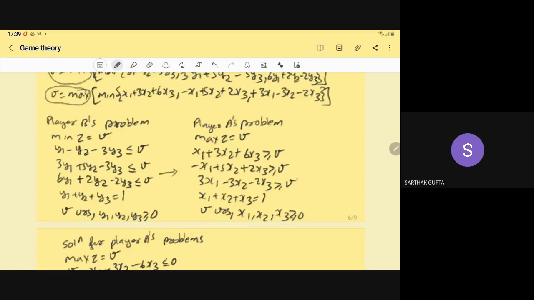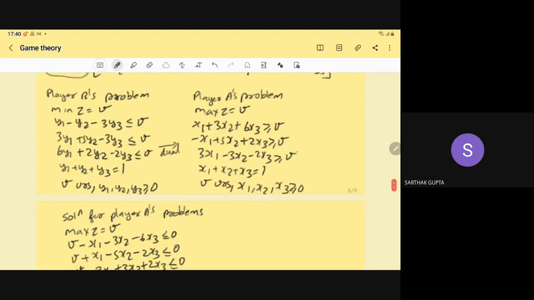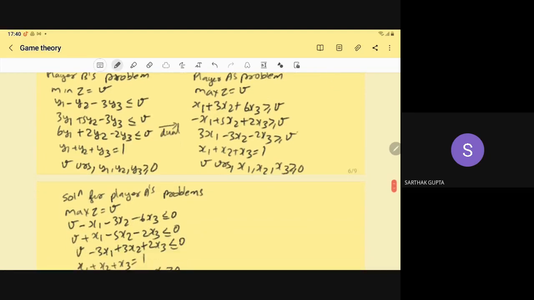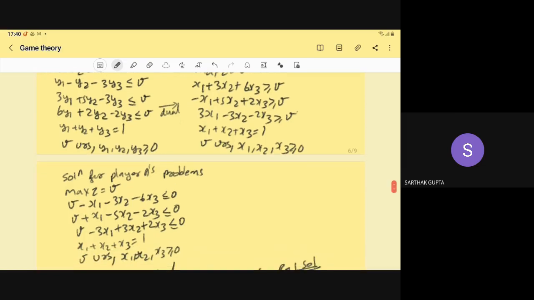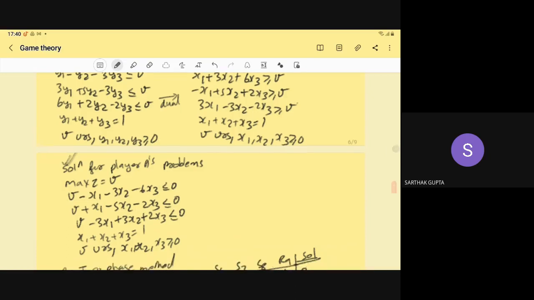These two are dual of each other. Presently I have written the direct form, but when we have to solve, we have to write the constants on one side and all the variables on the other side. So when we want to solve for player A, the solution for the player A problem will become